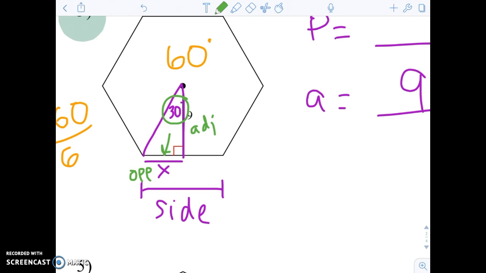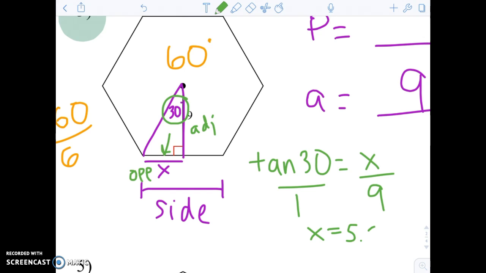So I have my opposite, I have my adjacent side. So we're going to do tangent. We have 30 degrees. Opposite over adjacent. This is going to be multiplying. So if I take 9 times the tangent of 30, you will find out that this little length for x is 5.2. So my opposite side, right here, this little piece, 5.2, which means my entire side, right here, is going to be